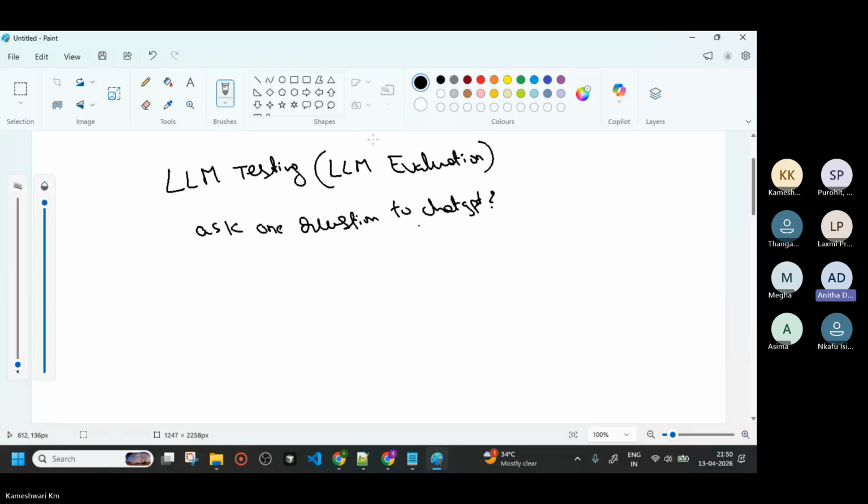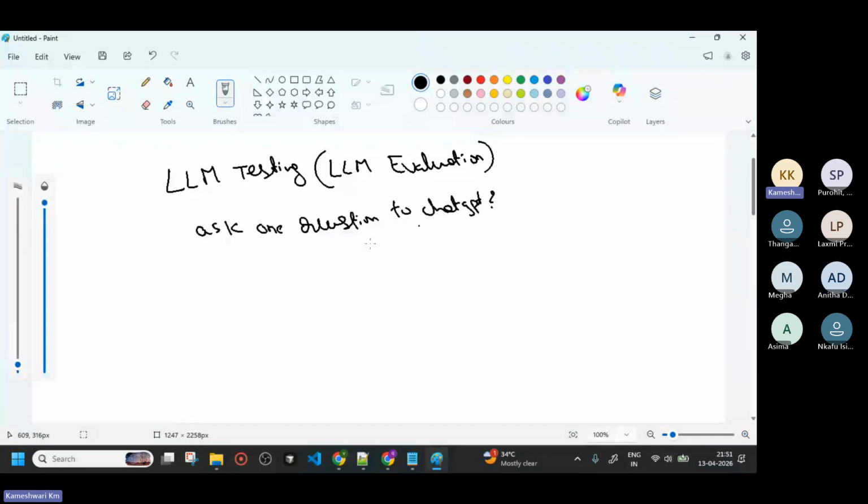Might be 80%. Okay, so consider the same question I initially asked, which we have seen on Instagram, right? When I am going to take my car for a car wash, shall I go by walk or shall I go by car? What it has given, I'm going for the car wash, it is saying that better you have to walk. So how am I going to trust that answer?